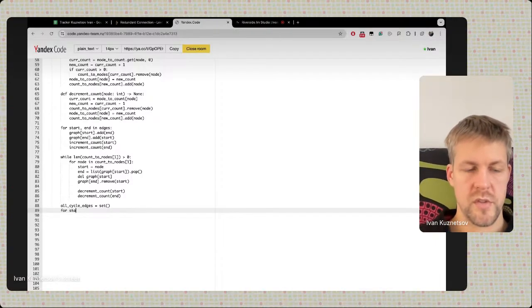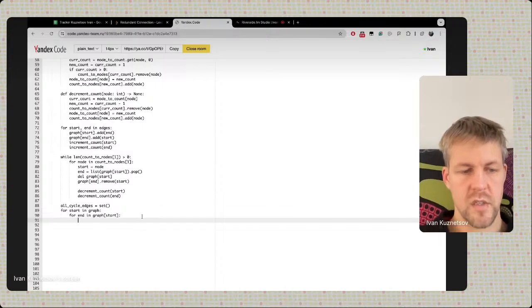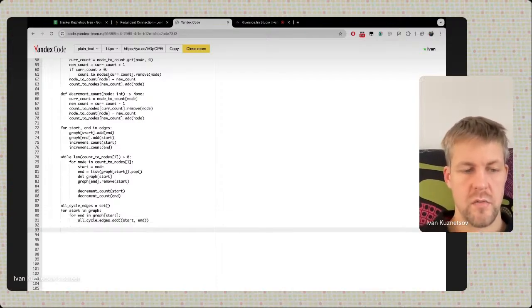So for start in graph, for node in graph start, add start end, and now for edge, for start and end in edges,